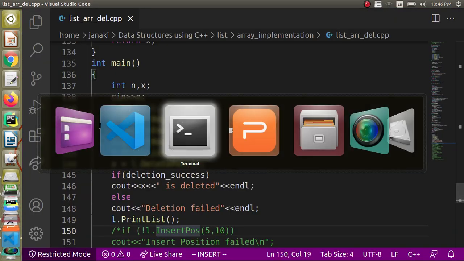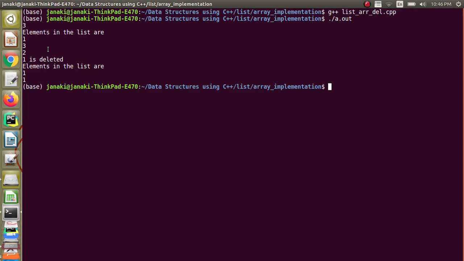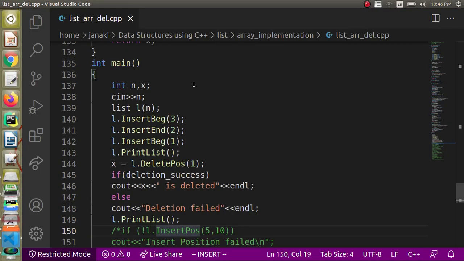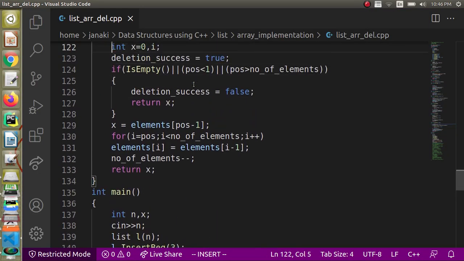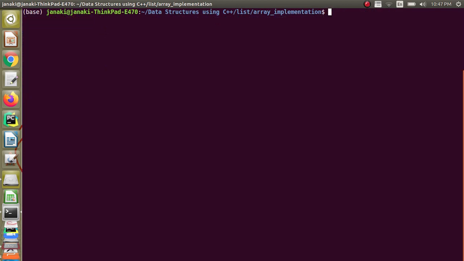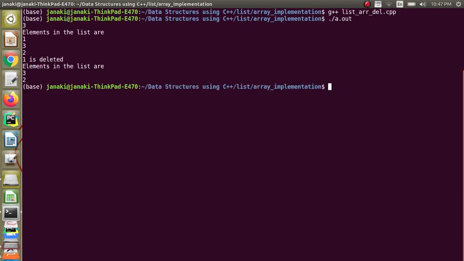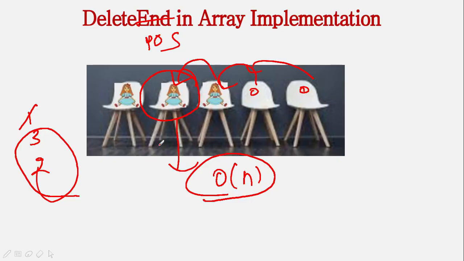Okay, so what do we expect? We expect it to print all the 3 elements. Yes, done, right? And then it is telling 1 is deleted, but elements in the list are, I think I have done something wrong. Let us go and see the delete position function. What I am doing is, right, okay, 1 minute. Okay, I minus 1 equal to I, I have done the opposite. Actually we have to shift left, isn't it? So the ith position element should come to the I minus 1th element. That was the mistake. Okay, and yeah, let us see whether it's happening.